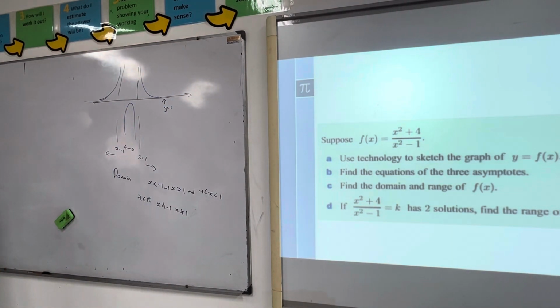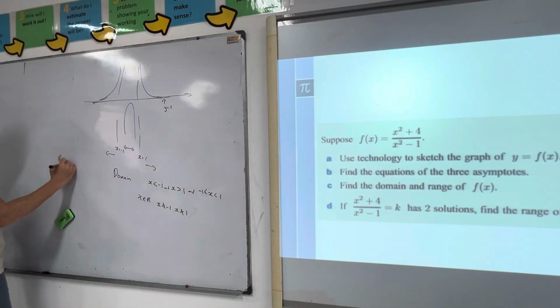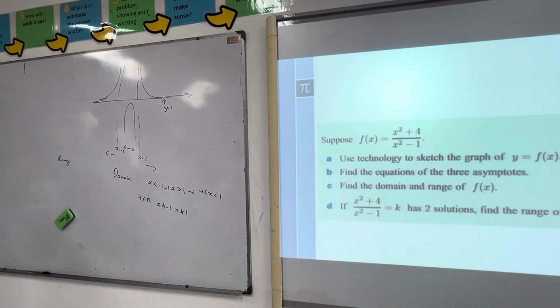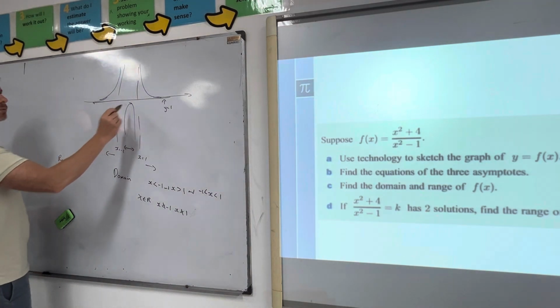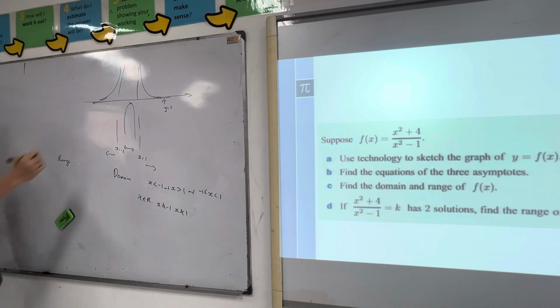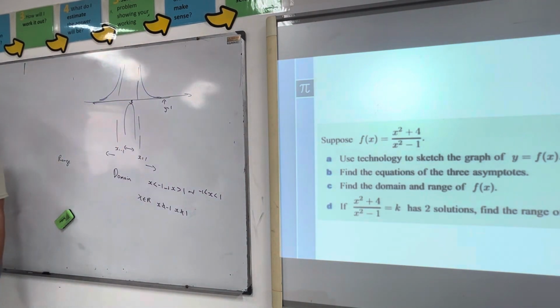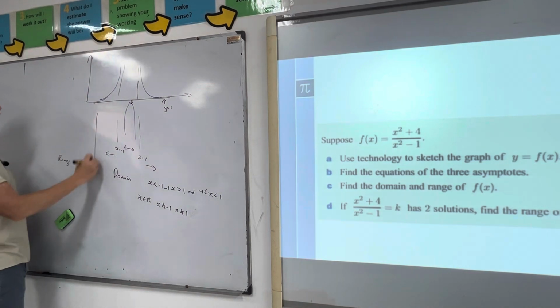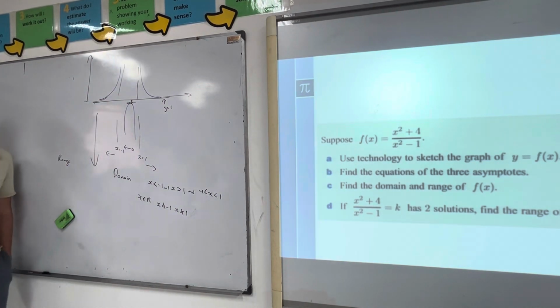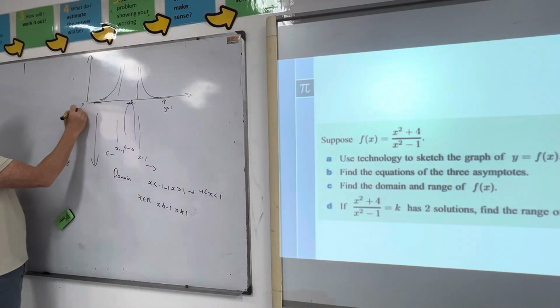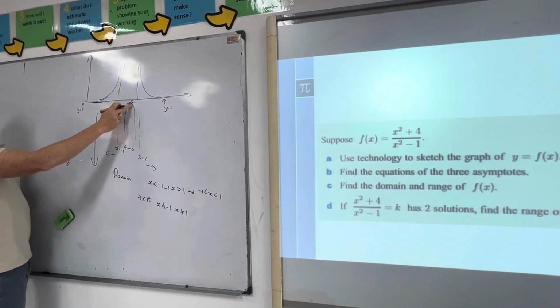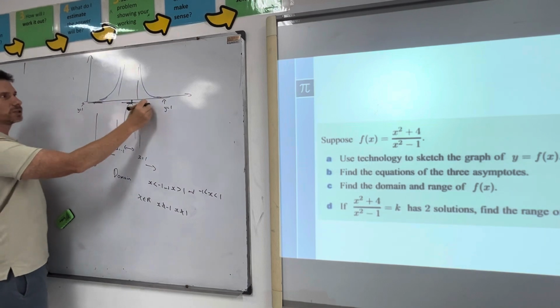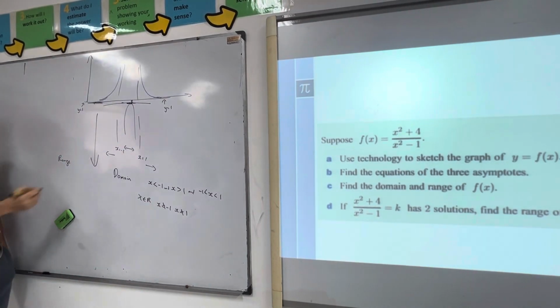Okay, the range then, what's the range? Can it be everything? There's a slight problem here. There's a maximum here that we need to find, the vertex. There's this space between here and here that we're never going to fill. There's never going to be a y value between here and here on my graph. There'll be y values all the way up to infinity and all the way down, but there's a gap here. You saw that gap because there was an asymptote in it. We know what this one is: y is equal to 1. But what's this one? There's clearly a gap between these 2 that it's never going to be in. So we need to find this vertex,